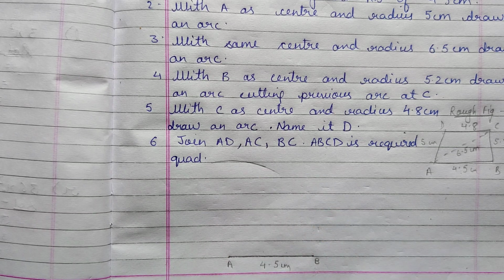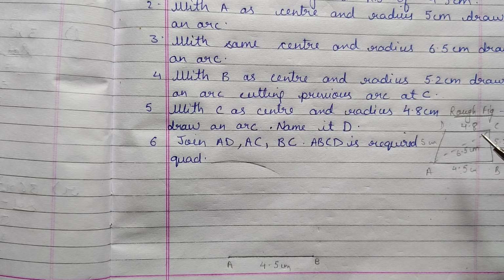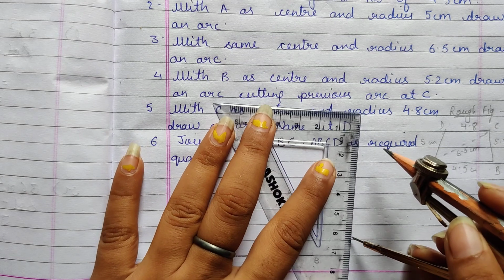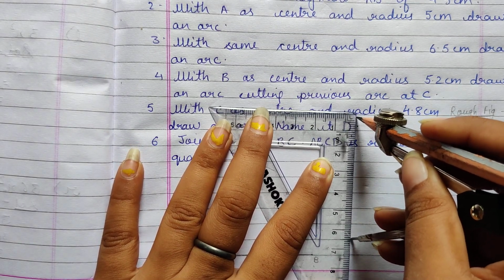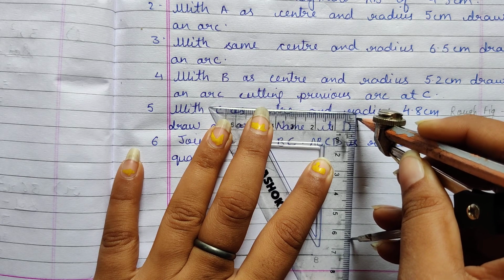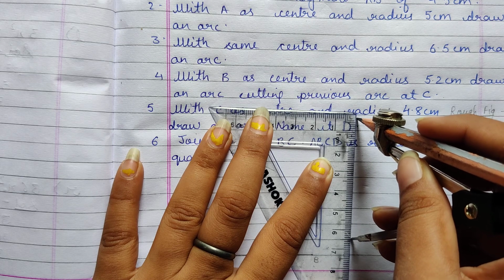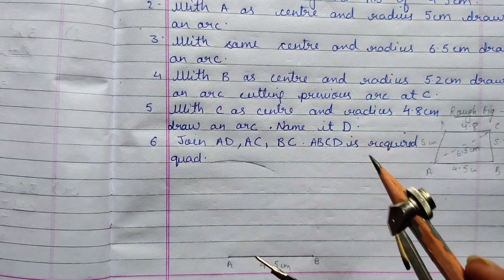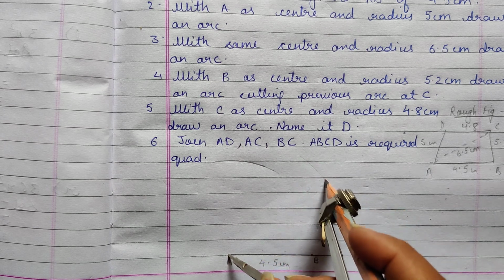With light hands draw an arc and make it a little longer so that it is not short for the other arcs. Now from A, another line is also going towards C, and the distance between A and C is 6.5. So now we will take another radius of 6.5 centimeter. Keep your measurements very exact. That's why I have asked you to sharpen your pencil. Take the radius of 6.5 and again keep your pencil at point A only and draw another arc like this.